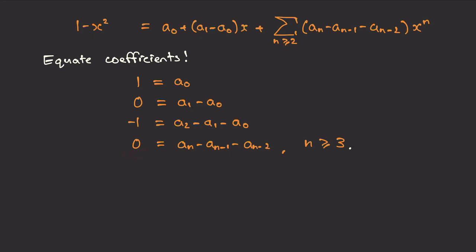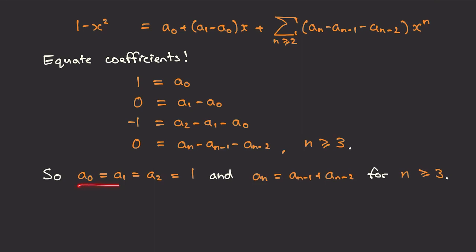Even though there are infinitely many equations here, we can do something that is essentially solving them. Solving the first 3 just gives that a0, a1, and a2 are all equal to 1. And then from 3 onwards, each term is the sum of the two previous terms. This is a recurrence relation that determines the entire